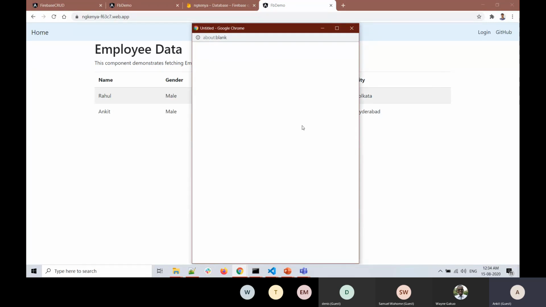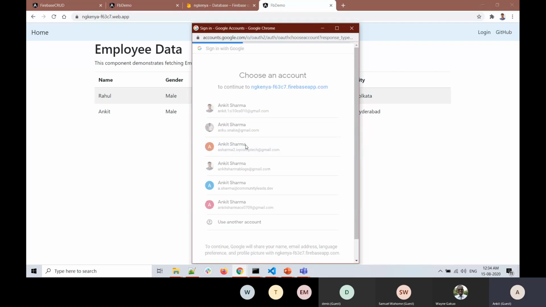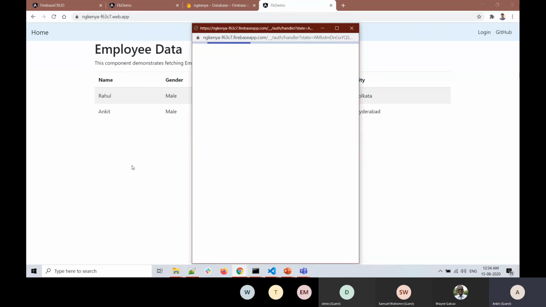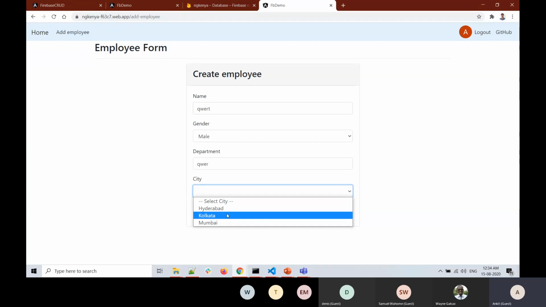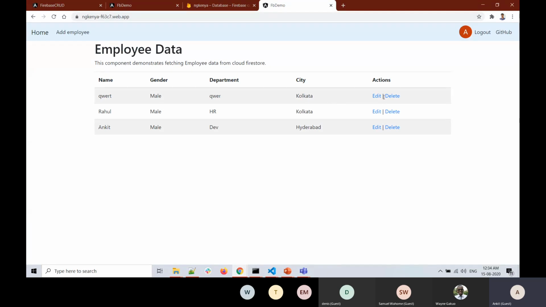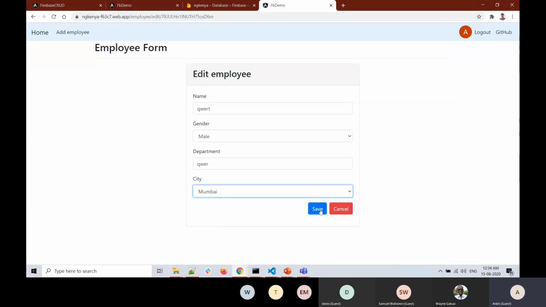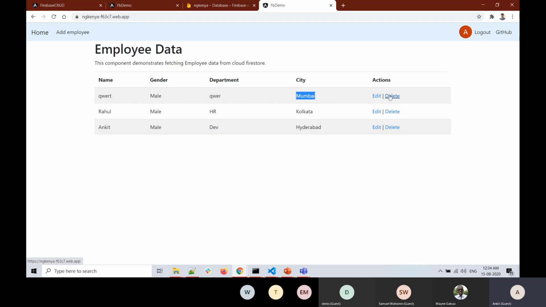You can log in with Google, so let's demo that. Once you click on login, and the login is successful, you can see the add employee link. You can add employee. Let's add this. You can see all the CT data also, which the three CT which we have added earlier. Click on save, and this particular data will be added here. You can click on edit, and you can see the data is edited, and if you click on delete, you can perform the delete operation. So that is how you can deploy a Firebase application to Firebase.